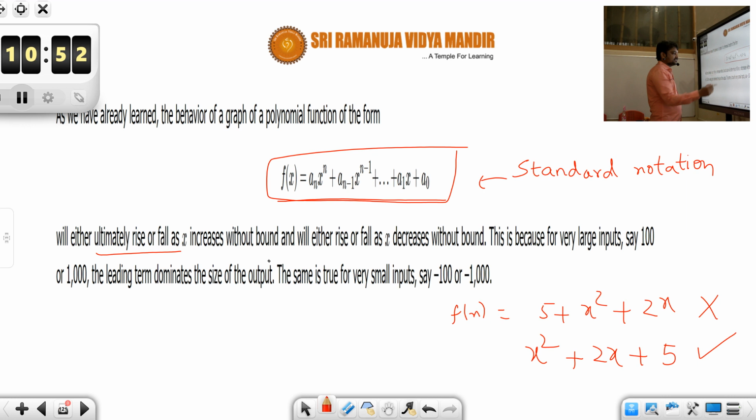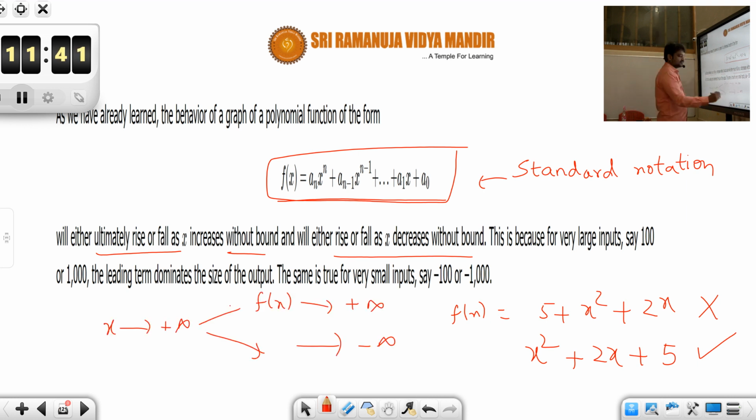This is because, see, what happens to these polynomials is, whenever x increases, either the value will keep increasing or decreasing. Similarly, when x decreases indefinitely, like to minus infinity, you will observe that again this function value increases or decreases indefinitely. Just now what you have to learn is, when x is increasing to plus infinity, then you need to know what happens to f of x. Does it increase to plus infinity or minus infinity? This is what you need to learn.